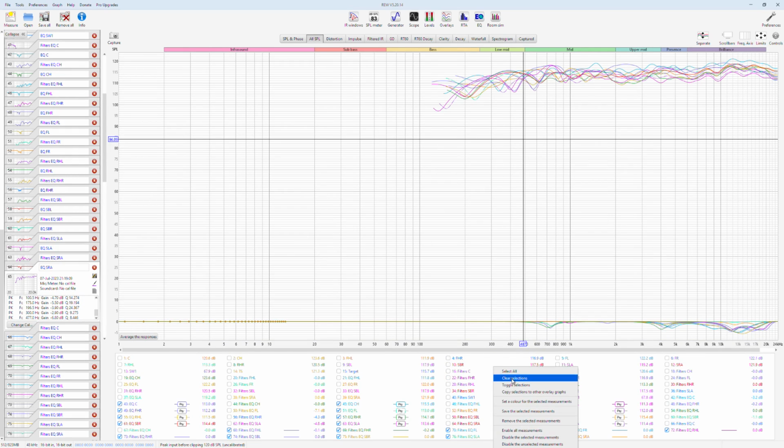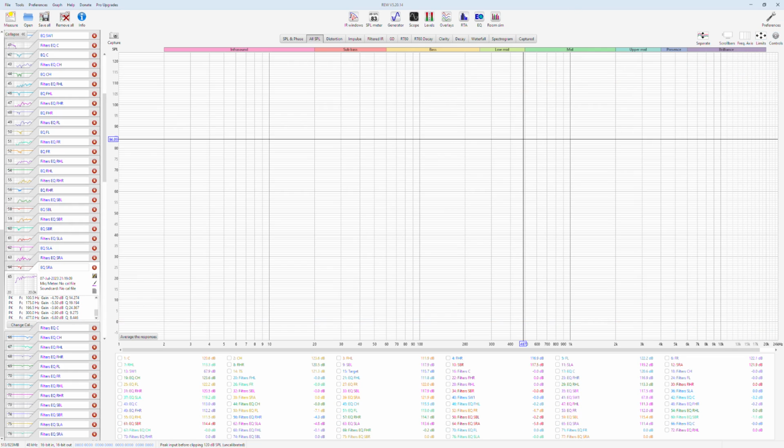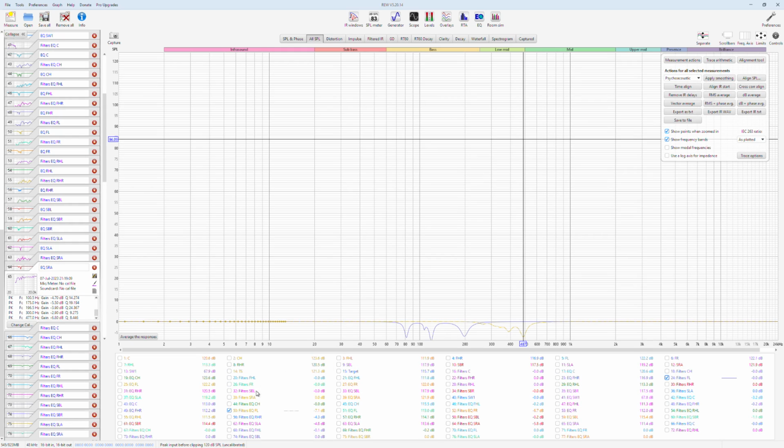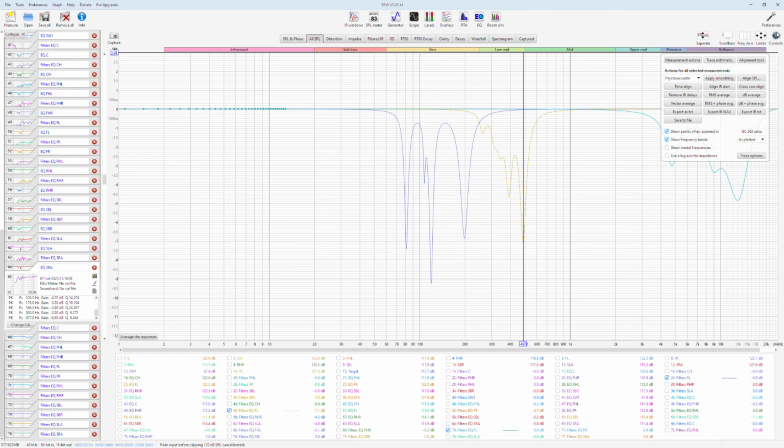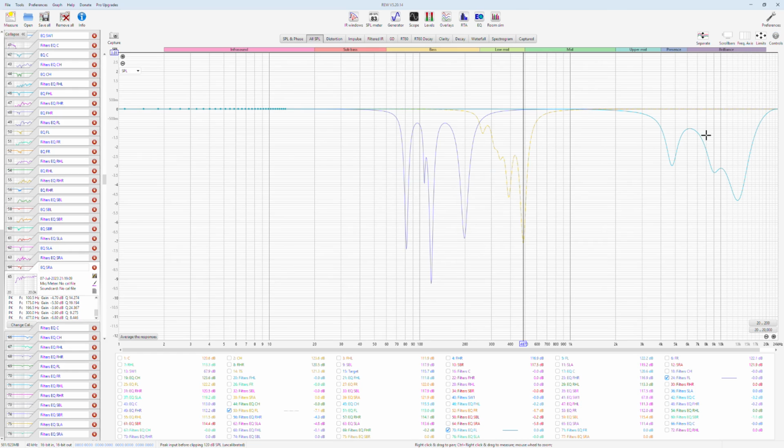Now the final operation is all trace arithmetic. Now, for example, for the front left speaker, we have those three filters. Let me find them. Filters FL, filters EQ FL, and filters EQ FL. One more time, it must be here somewhere. Here. We have these three filters for the front left speaker, okay?